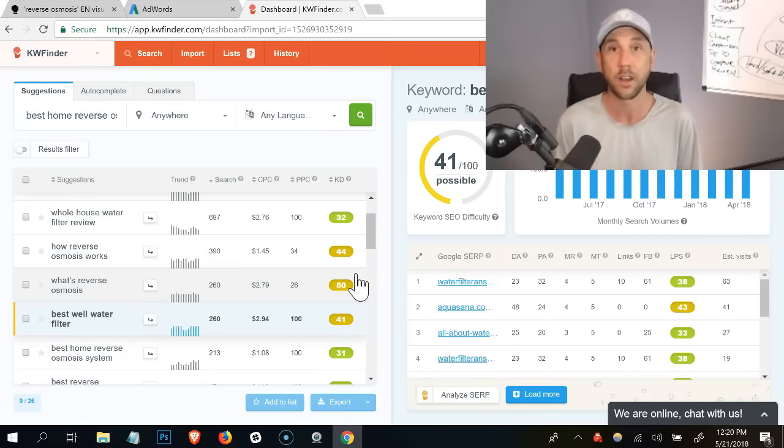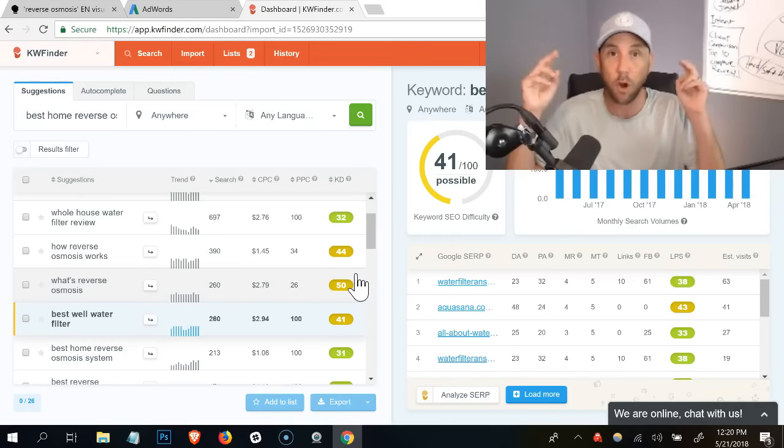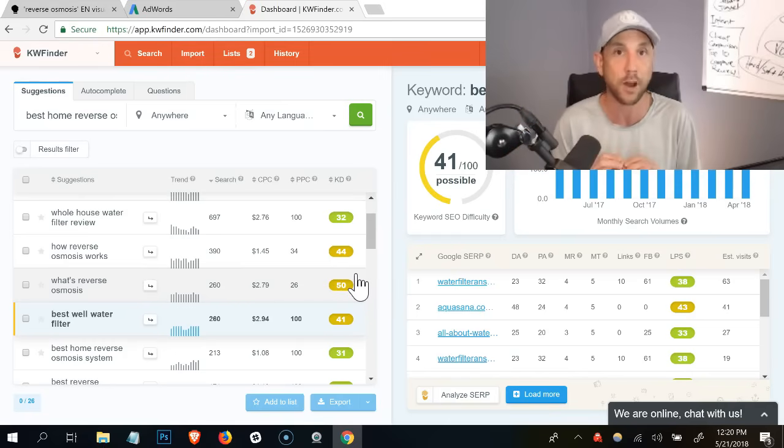If you do this hundreds of times over, the compounding effect of every one of those keyword phrases that'll bring you 3 a day here, 10 a day there, 5 a day there, 20 a day from this one, 30 a day from this one. Eventually you'll get some big ones, but it starts with a lot of little ones. And all those little ones are too small for the big guys. And that's where you have an opportunity to outwork them. And this is the game.